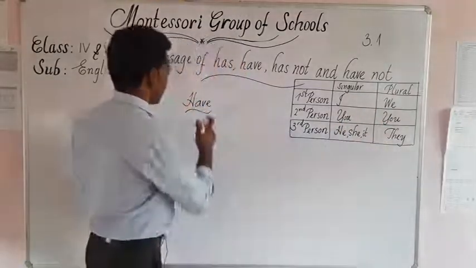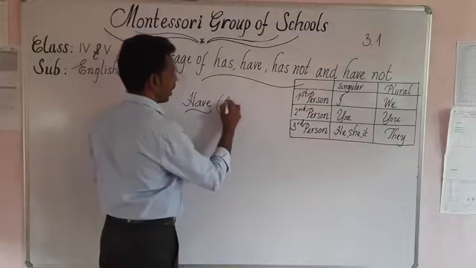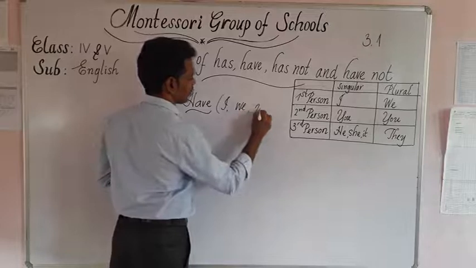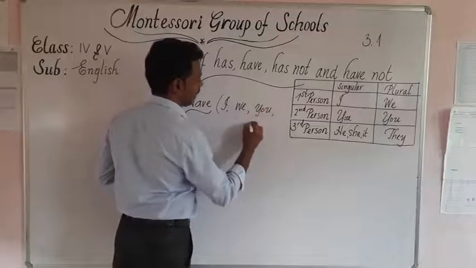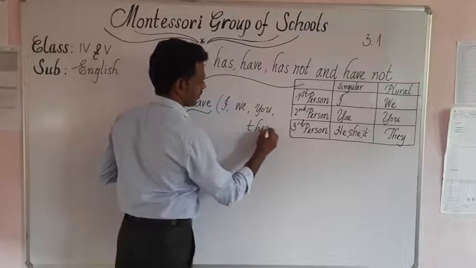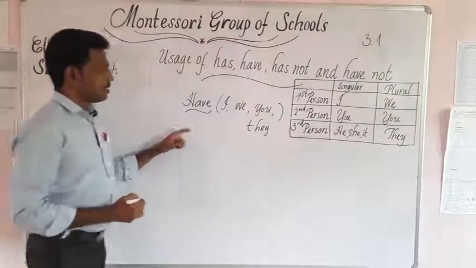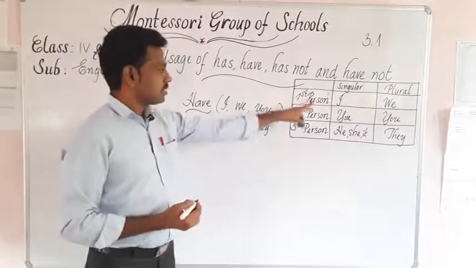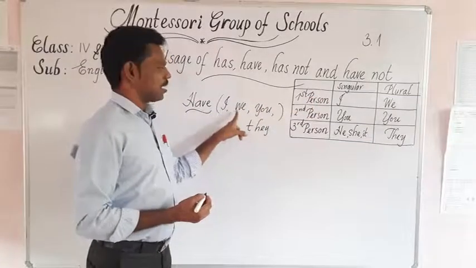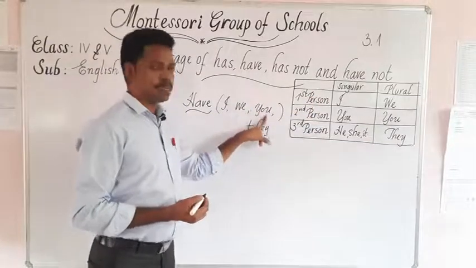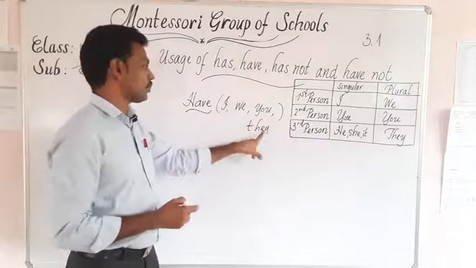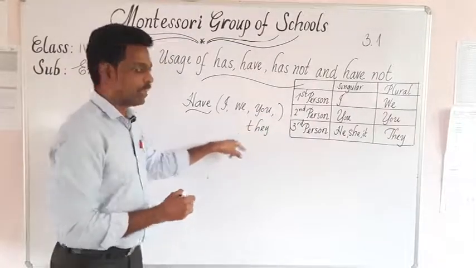That means we can use I, we, you, and they. But in third person's case, we have only plural. For example,